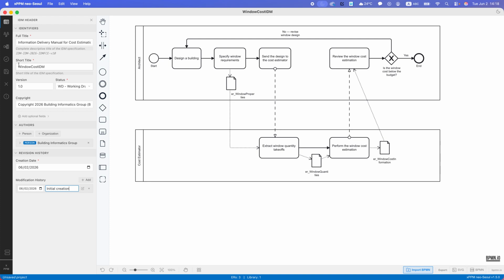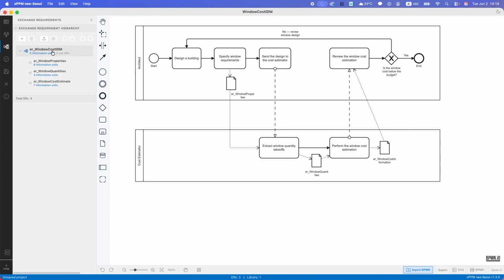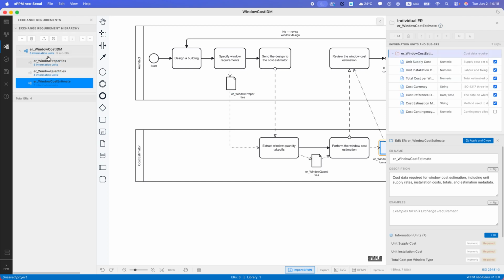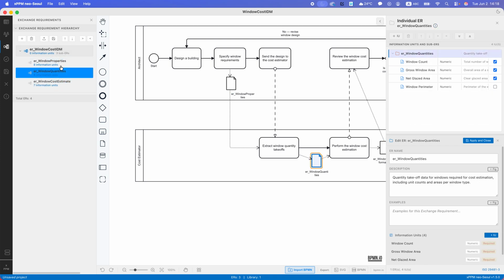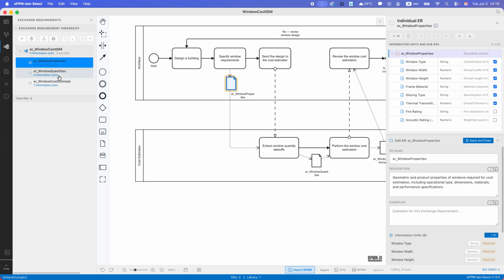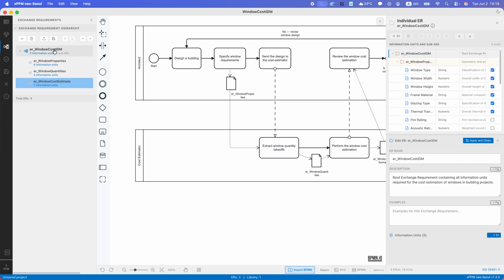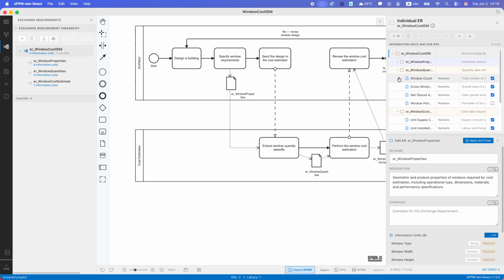Let's continue working on the ER part. So in case of ER, again, you can navigate through ERs from the ER menu. ER must have a root one. If you click from here, you can make each one of these as a top one. But if you want to see all of them, then just work from the top one, and then you can